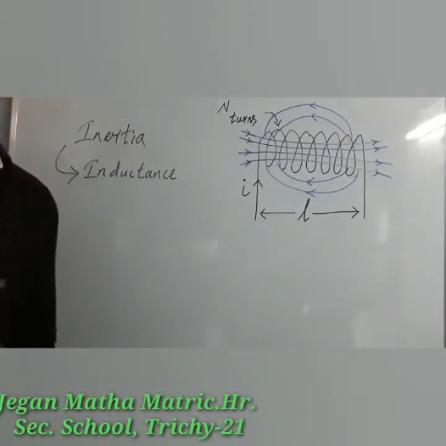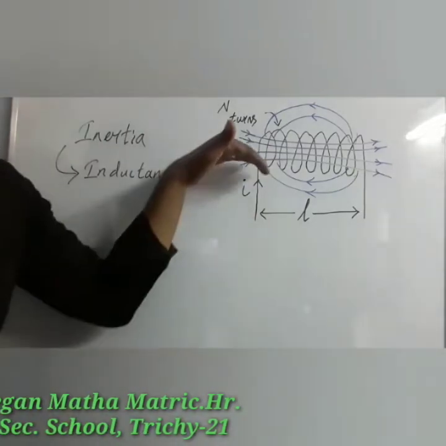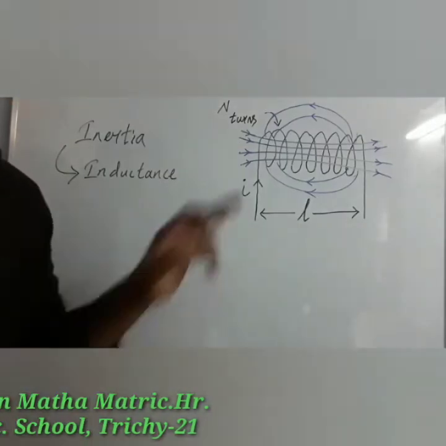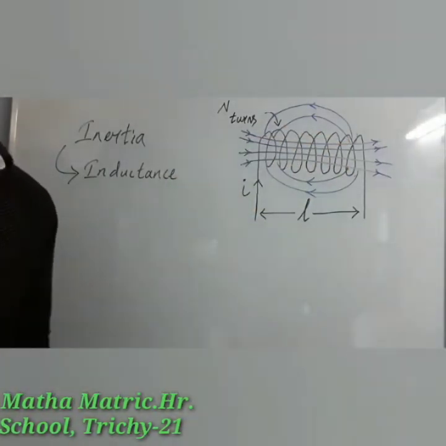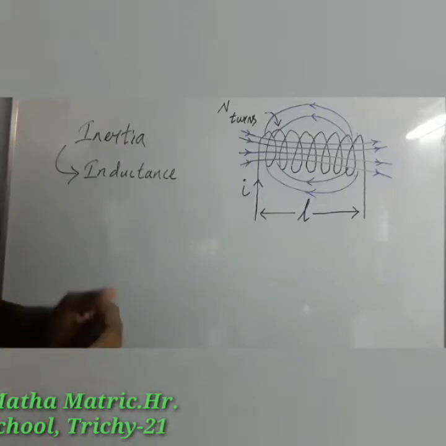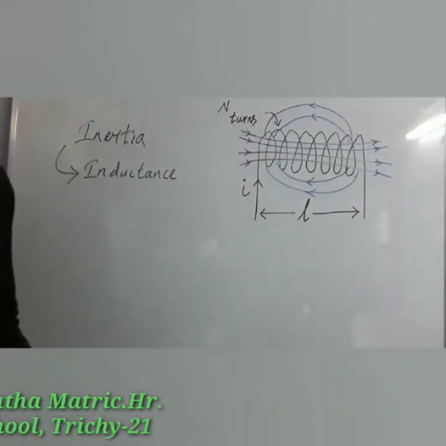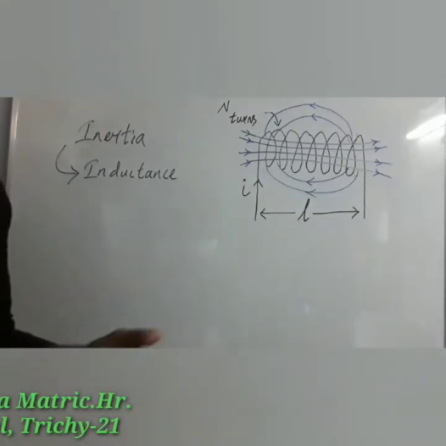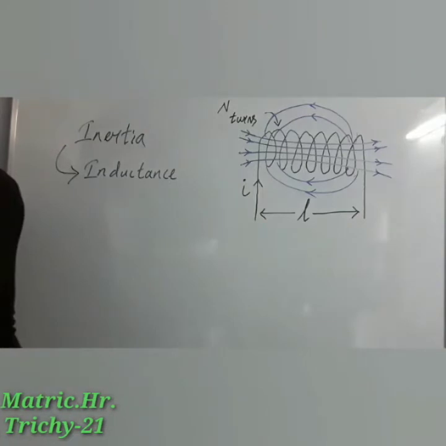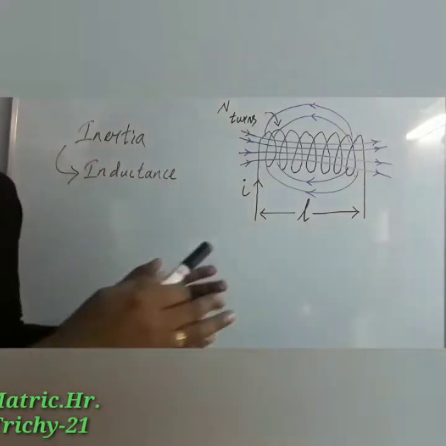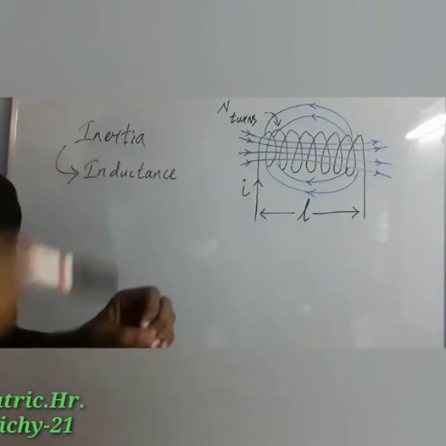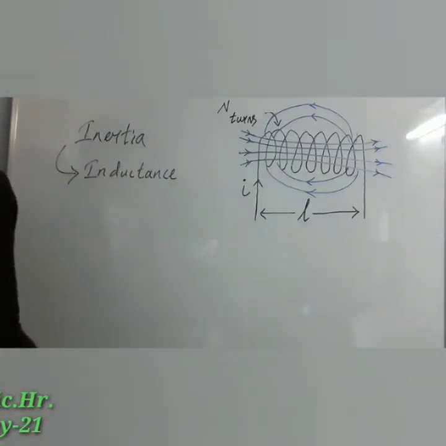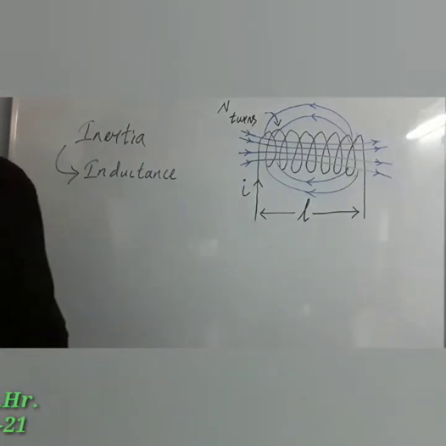Likewise, when the circuit is broken, current decreases from I to 0. This decreasing current induces an EMF in the reverse direction. This EMF now opposes the decay of the current. It is also according to Lenz's law. So inductance opposes the change in the current in the inductor. To establish the current, we have to do external work against the inductance. That work done will be converted into potential energy. Now we are going to discuss that concept.